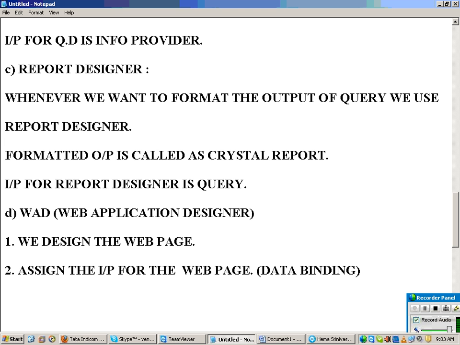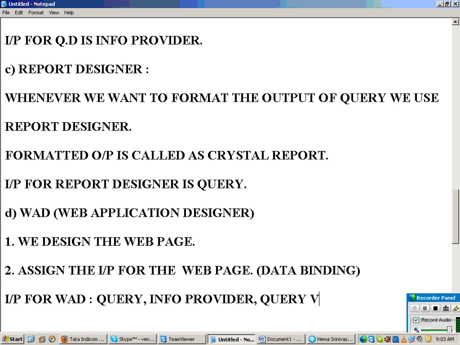So what is the input for WAD? One is query, then next is info provider, and one more is called query view. What is this query view? I can design some small reports using Analyzer also.